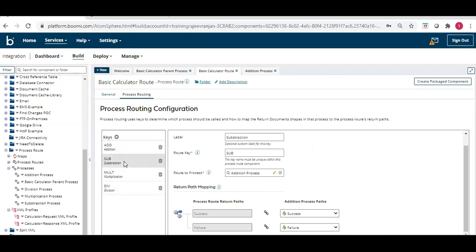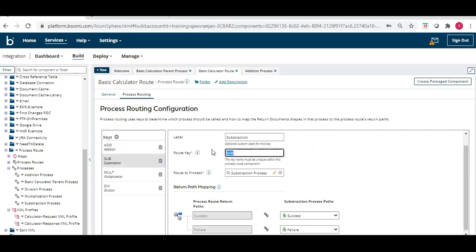In a similar way we have done it for the subtraction also. This is the route key, and we need to remember it, because this process route component is matching with the process route set through this route key, which will be supplied while we configure the process route set.